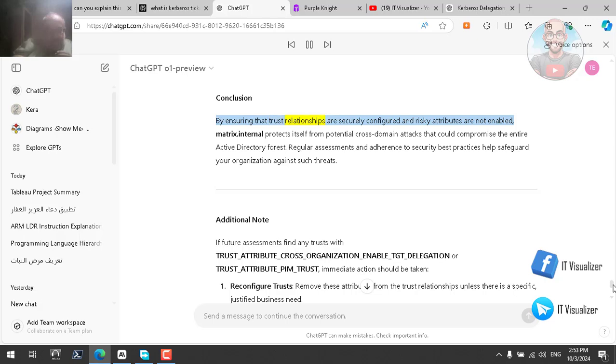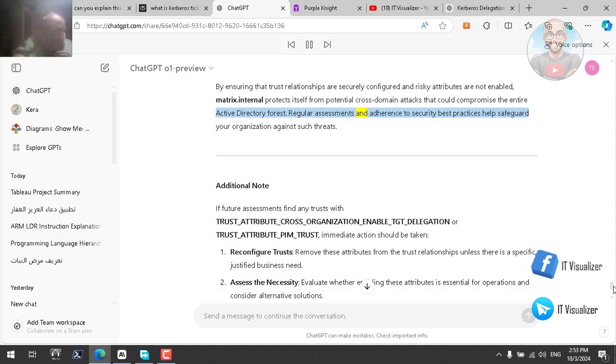By ensuring that trust relationships are securely configured and risky attributes are not enabled, Matrix.internal protects itself from potential cross-domain attacks that could compromise the entire Active Directory forest. Regular assessments and adherence to security best practices help safeguard your organization against such threats. Additional note: